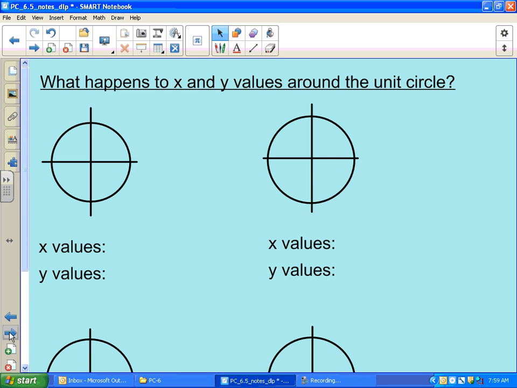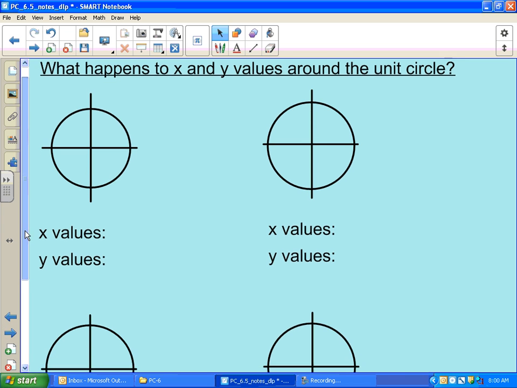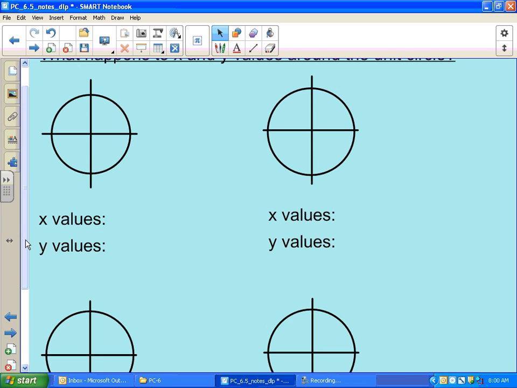Again, getting a little preview of what's to come with the graphing. What happens to our x and y values? So thinking about our points spinning around the circle, what happens in these different quadrants? Let's focus on quadrant 1 for right now. We're going to take our point and spin around the circle in that quadrant right there. Anytime I'm on that part of the circle, and again, I'm starting at 0 degrees and I'm going positive,